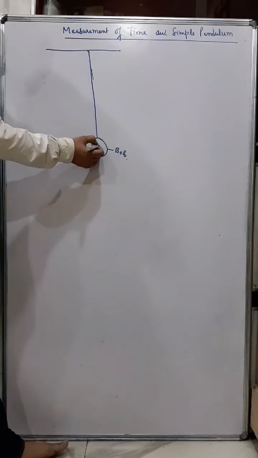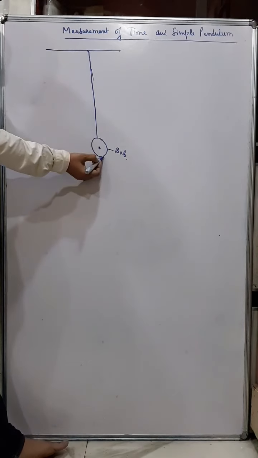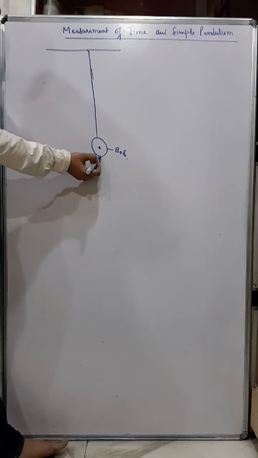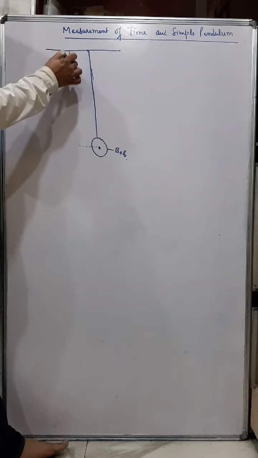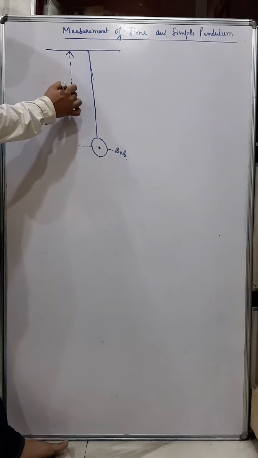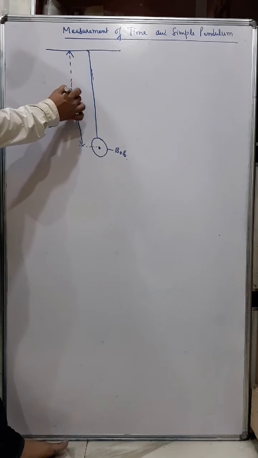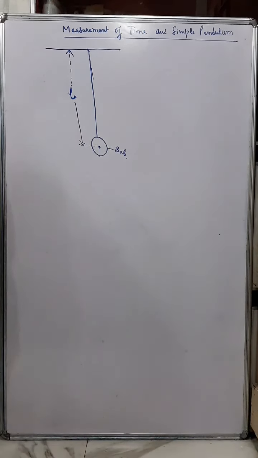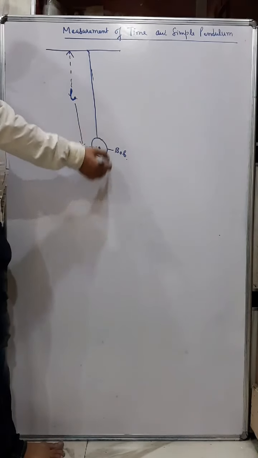Now the length of the pendulum, generally we say effective length, is symbolized as L. It is taken from the center of the bob to the point of suspension. So it's not from the end. This is the length of the pendulum, so we say this is the effective length, represented by L. That is effective length and that is called bob.